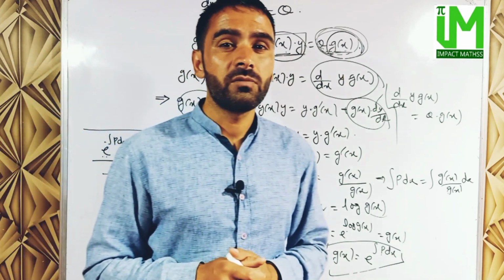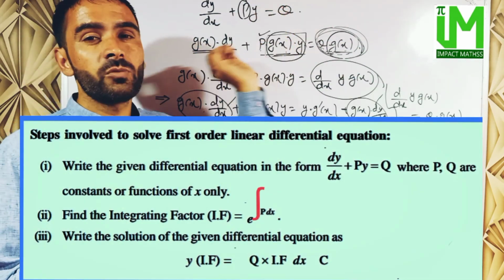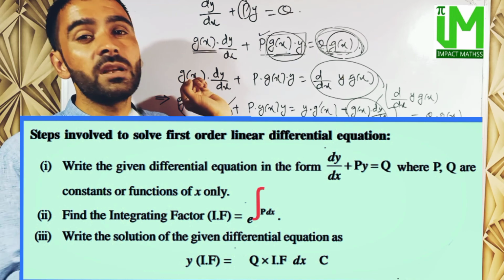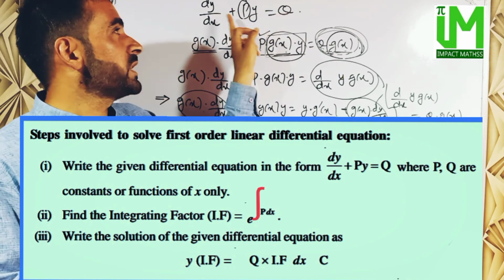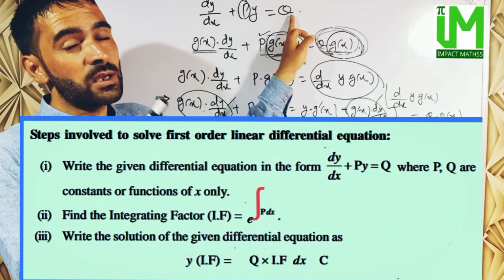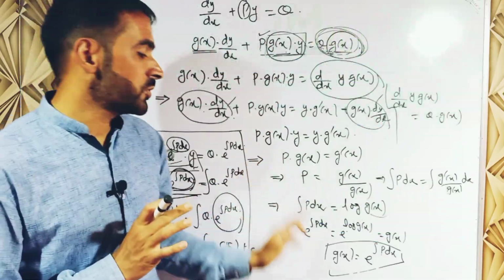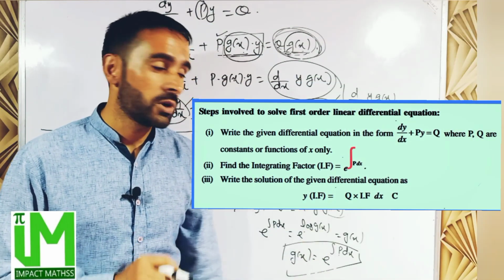so if we write down the working solution, then वर्किंग रूल के लिए हमारे पास first thing we have to do, we have to bring the differential equation in the linear form. So that is dy by dx plus py is equal to q. P और Q का वैल्यू आपको नोट करना है, P और Q का वैल्यू क्या होगा। उसके बाद पहली चीज़ we have to find the integrating factor। इंटीग्रेटिंग फैक्टर किसके बराबर होगा,